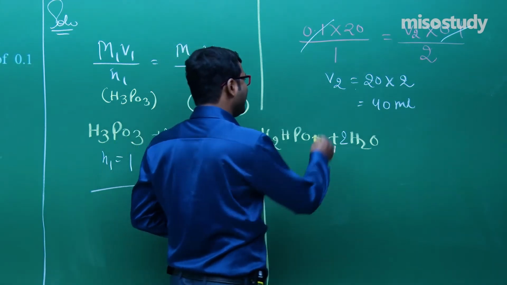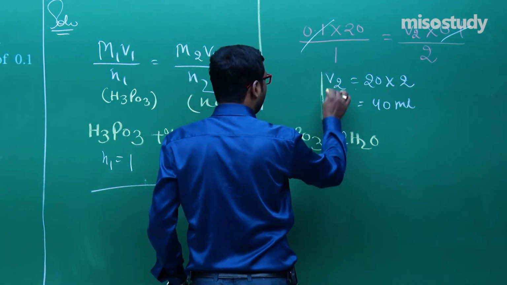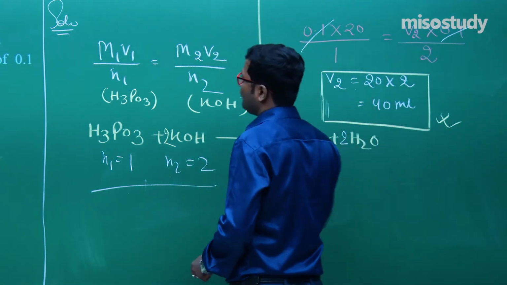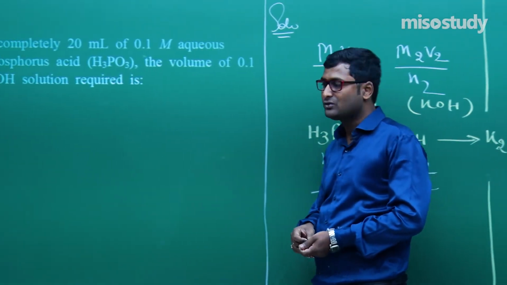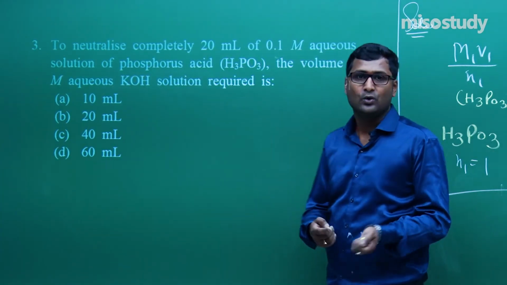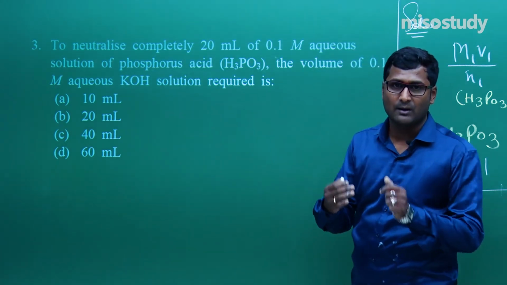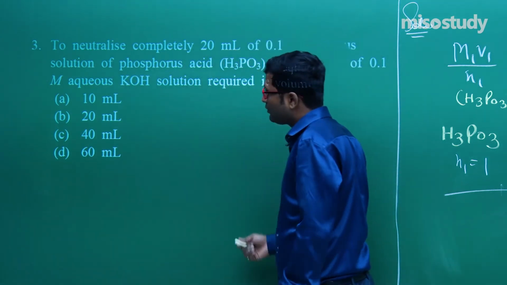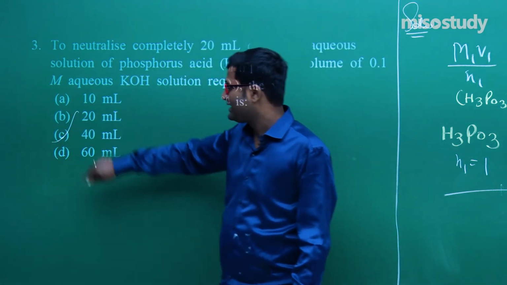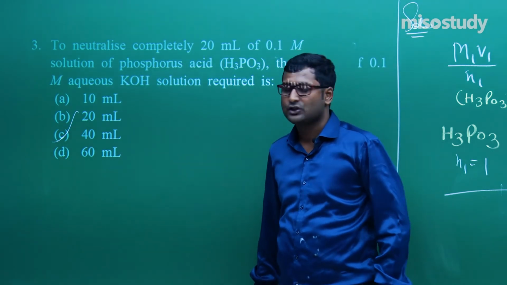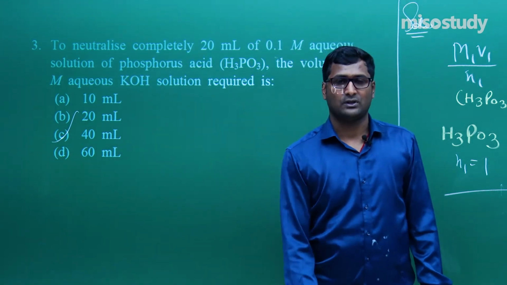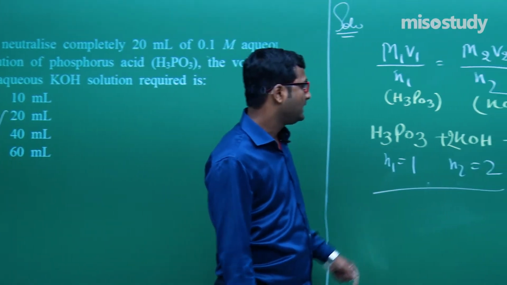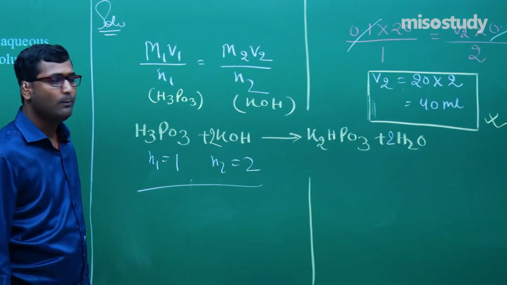Clear? So what is the option in this question? Sir, it's very simple, that is 40 ml. I'm moving here. This is the complete detailed solution related to the question. You can easily solve such kind of question if you have guts to solve such kind of question. So for this question we can easily say that is 40 ml. That is for question number 3, C is the correct option. If you have any doubt, I am giving you few seconds, note it down, check it down. If you have any doubt, you can easily approach me.